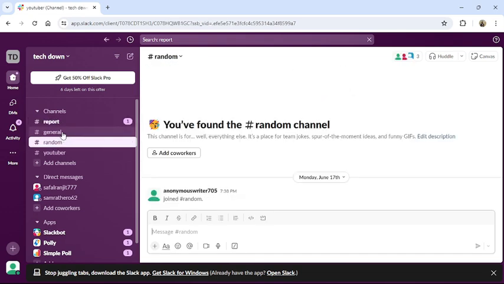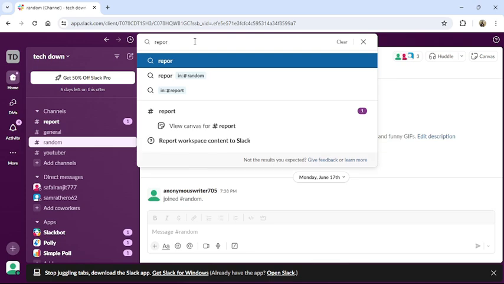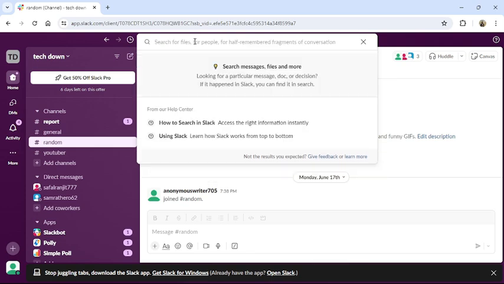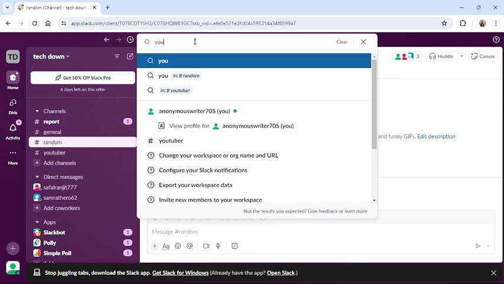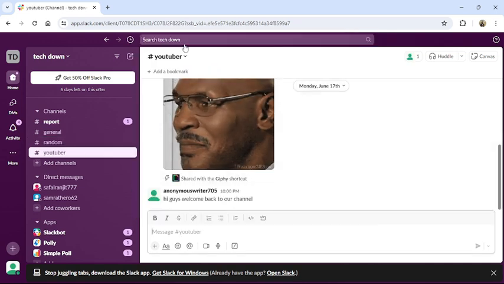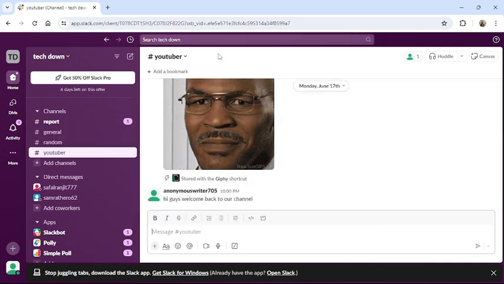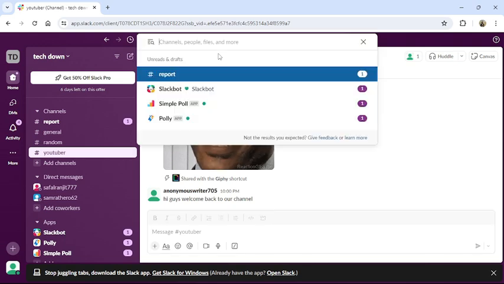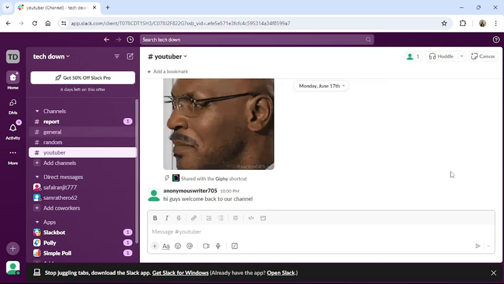Browse to any channel that you like, or you can use the navigation shortcut which is located on the top menu bar. Here, enter the name of the channel that you like. Then it will appear on your screen. Or just press Ctrl+K and start searching for the channel name. This is how you can browse